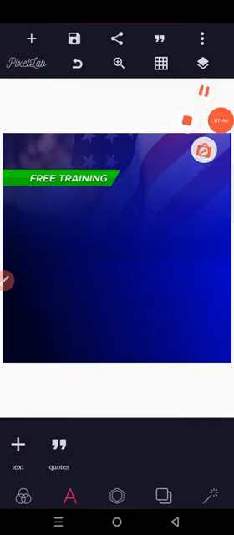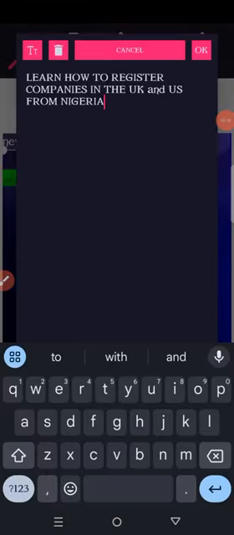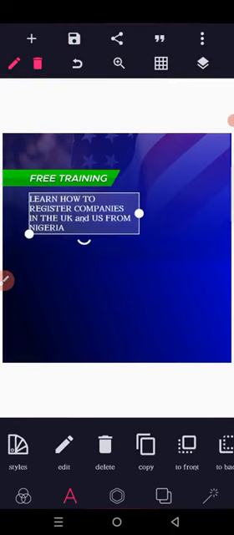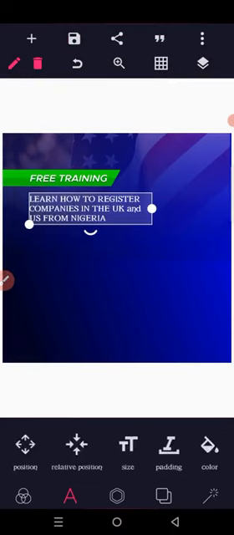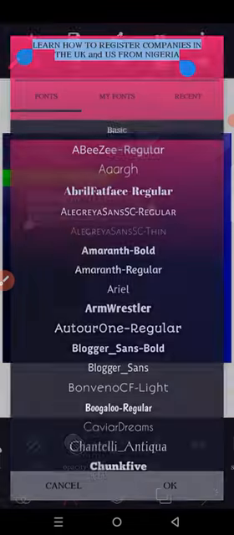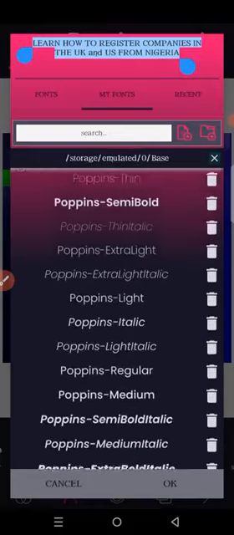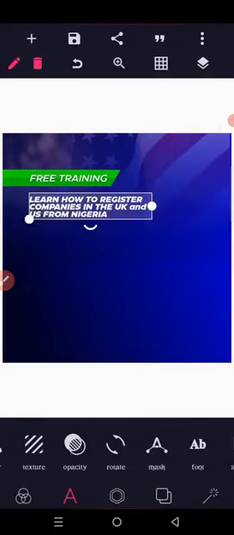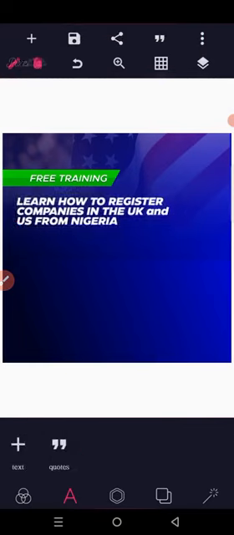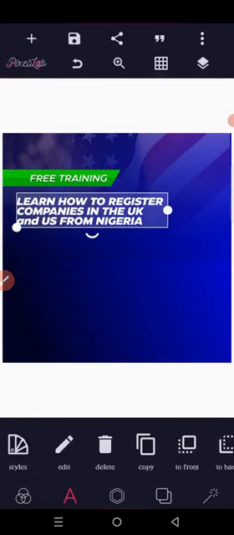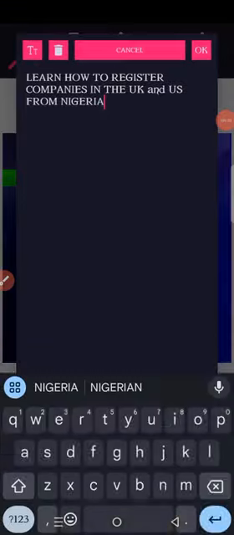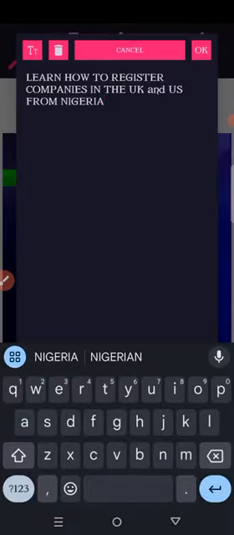So I'm going to copy the remaining text. All right, so you have something like this. Then I still go to my fonts. We're still going to use that Eastman Roman. Okay, yes. Then, so we want to break it. We want to break this word. I'll just remove